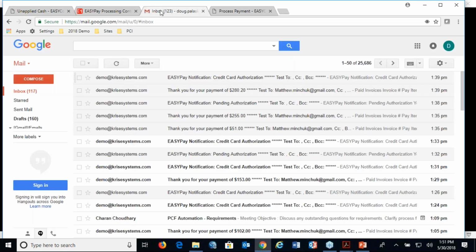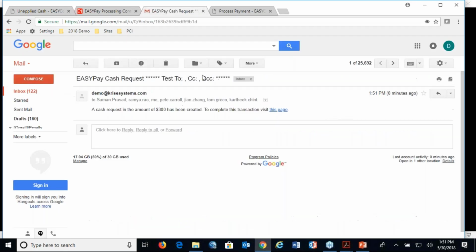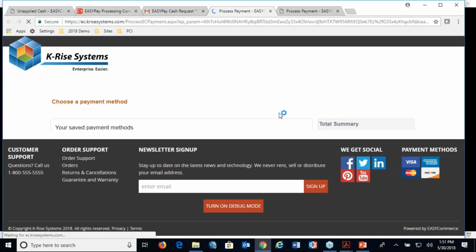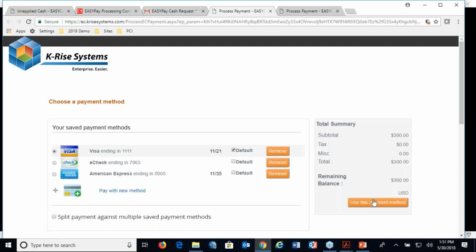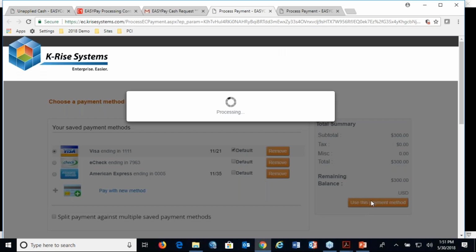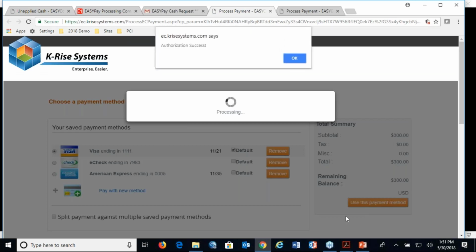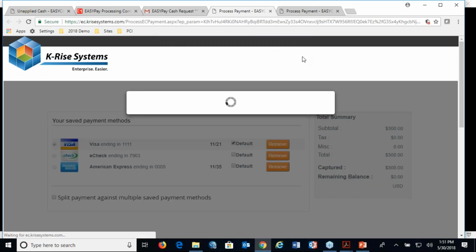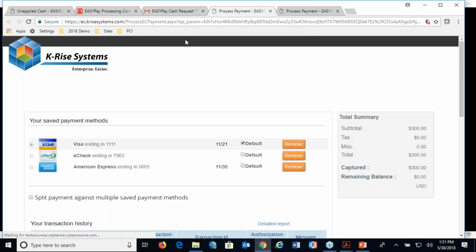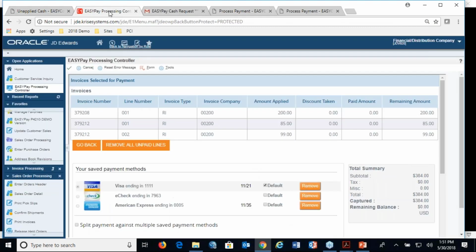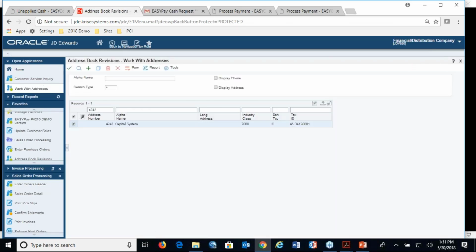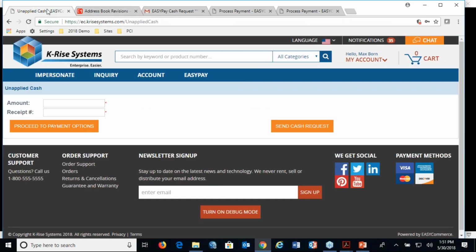If I go back to my emails, here's the one that has been created to complete this transaction. Now this is going to the customer saying you're over your credit limit. Please go ahead. I could have done a split like I showed you before, but instead I'm doing that. So if I was now Max Born in here and go back to